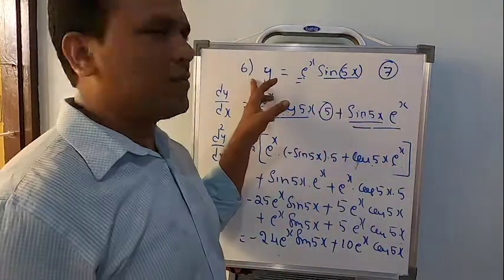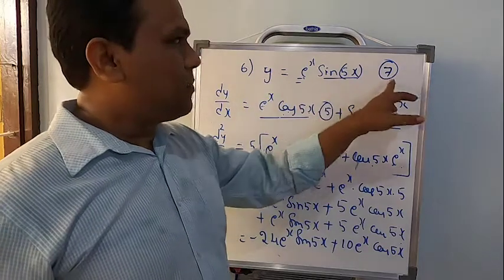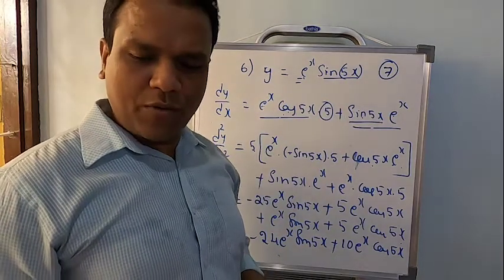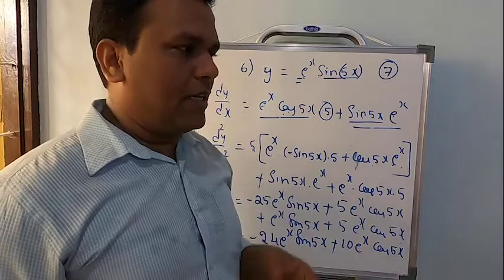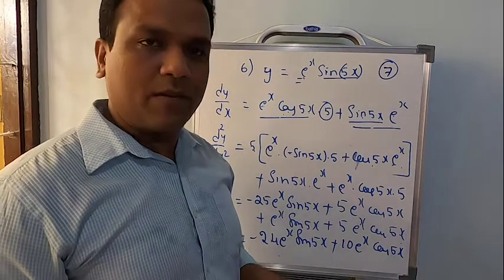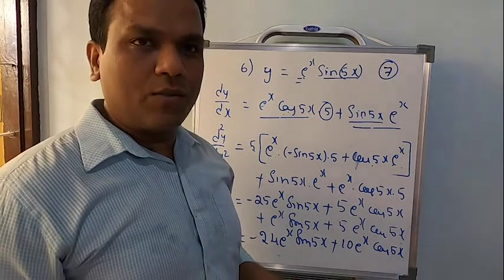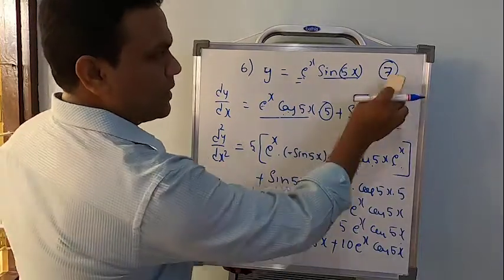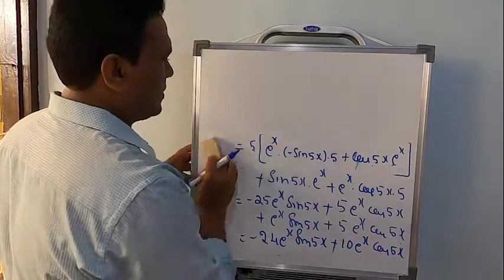Okay. So what I will do is here, problem number 7. It's just similar to this one. So I suggest please work out problem number 7 on your own. I told you if many problems are of the same kind, it's better I do 1 or 2 problems and I can ask you to solve the remaining. So please solve problem number 7 on your own.